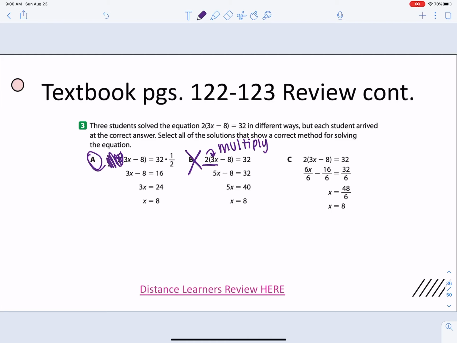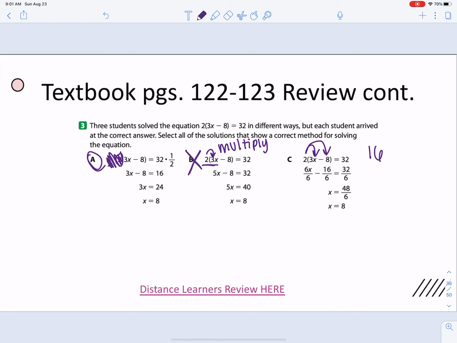Student C, what did they do? It looks like they just went ahead and distributed fully. So they did 6x, which is 2 times 3x, minus 2 times 8, which is 16. And then they divided everything by 6 because they wanted to simplify, or get x all by itself. And I mean, that's a way to do it, but that's a very odd way to do it, because if you end up doing that, then you'd have